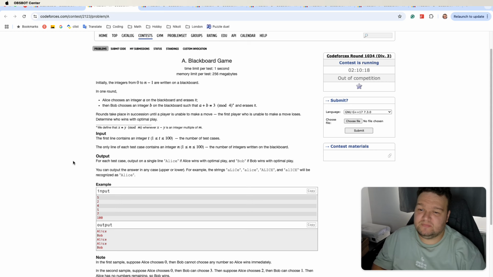Problem A, Blackboard Game. Initially the integers from 0 to n-1 are written on the blackboard. In one round, Alice chooses an integer a on the blackboard and then erases it. Then Bob chooses an integer b on the blackboard such that a plus b is equal to 3 modulo 4 and erases it. Rounds take place in succession until a player is unable to make a move. The first player who's unable to make a move loses. Determine who wins with optimal play. Well, it feels like